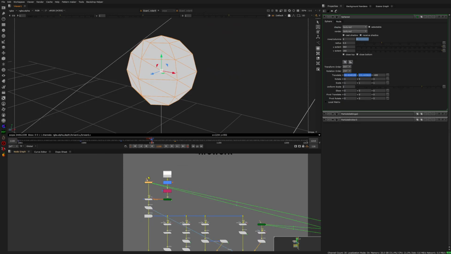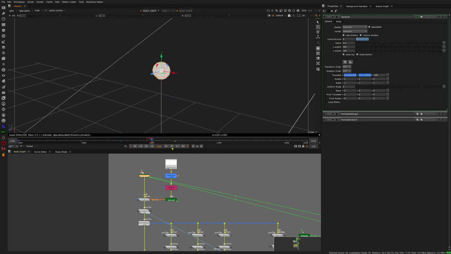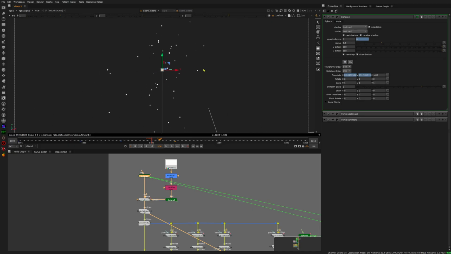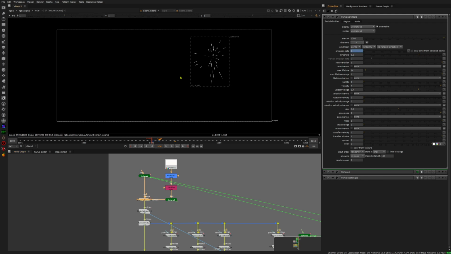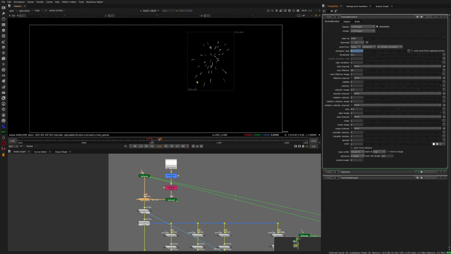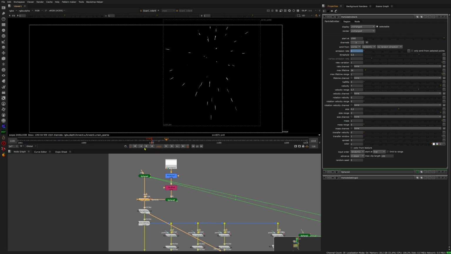from it. The very important part about this, which makes it look like an actual firework, is that in the emitter I set the emitting to points. Otherwise, normally I emit from faces most of the time, so that means the particles get emitted randomly across the surface of the sphere, and then you get a very random look. But I wanted this typical trail that you get on fireworks. So if you set this to points,